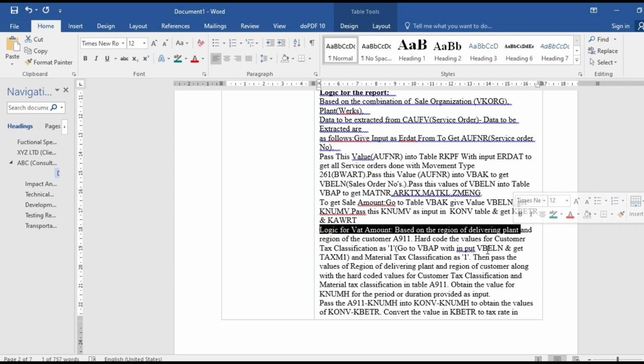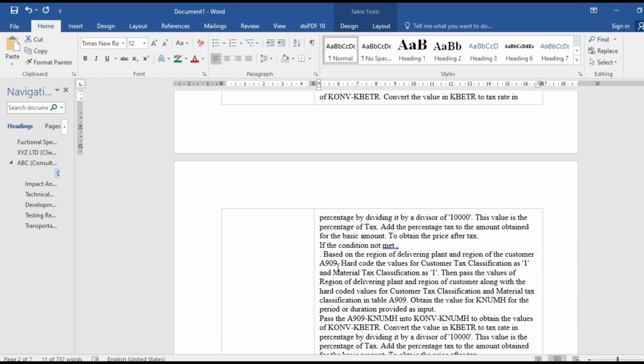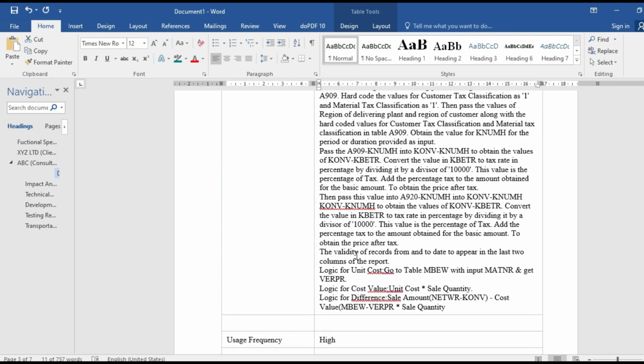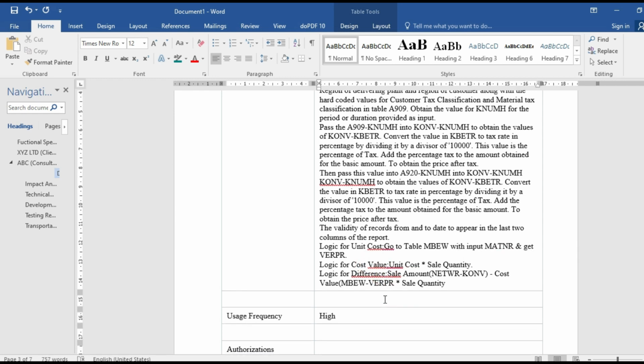Logic of the amount based on the region. I got this template online, so this is a very well drafted template. Now the logic, this is a calculation logic, in which column you want to put the calculation. So that also needs to be mentioned. Sale quantity. So in case of designing the report, the best idea is that firstly you try to do it in Excel, then you will be able to understand what logic needs to be built. Then you can mention the draft.